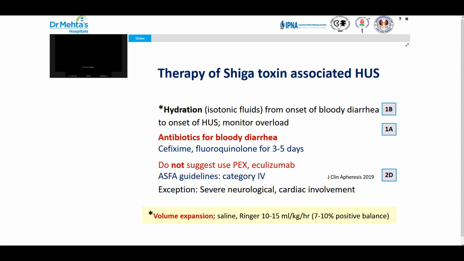There was some data that in patients with STEC HUS, particularly E. coli HUS, when you give antibiotics, there was a higher risk. But the overall consensus, and given the fact that for us shigellosis may still be important, our guidelines recommend, and